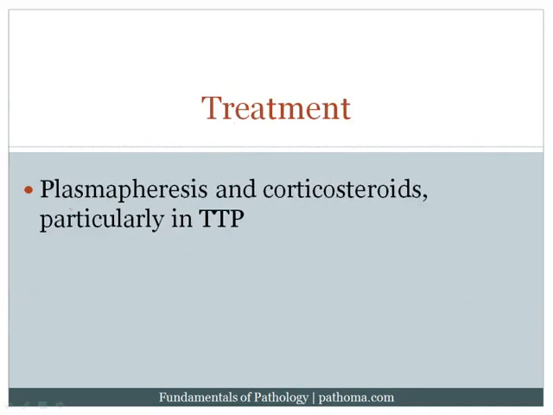The treatment of these disorders, in particular TTP, involves plasmapheresis and corticosteroids. Now, the idea here is that in TTP, the disorder is due to an autoantibody. Plasmapheresis is a mechanism by which you can remove proteins from the blood, and so by doing plasmapheresis, you could remove the autoantibody against ADAMTS13, which was leading to the problem. At the same time, by giving corticosteroids, what you're doing is decreasing production of the autoantibody, so that would also